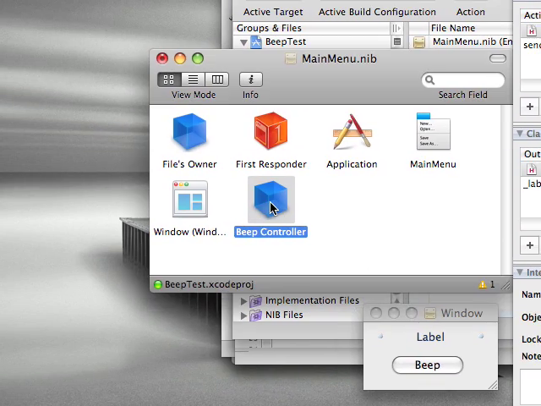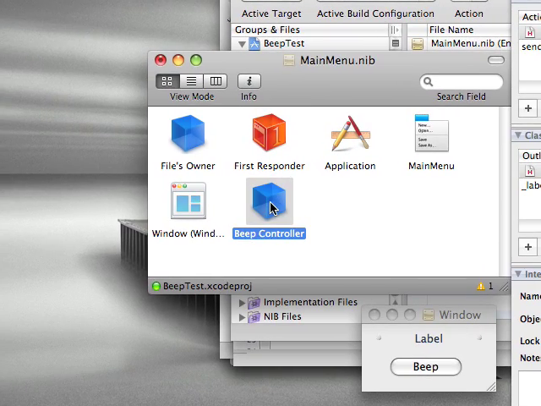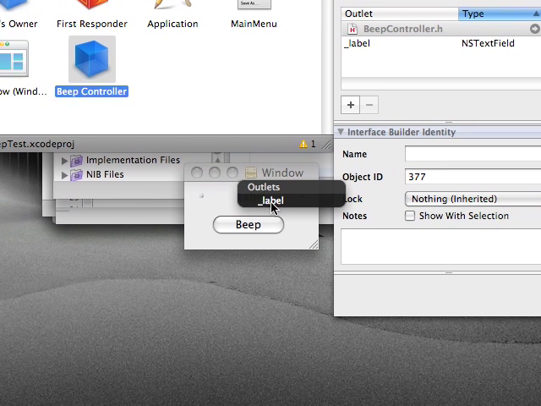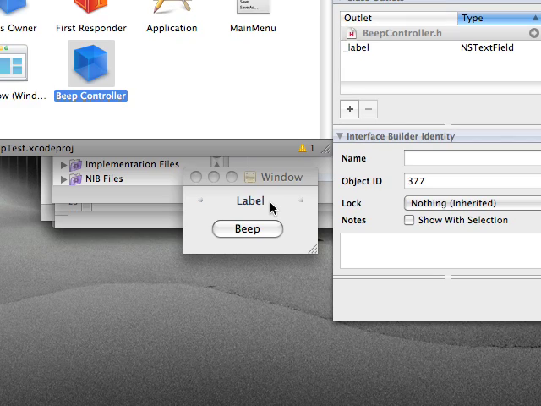And then now we're going to do that control click stuff, control click drag, but this time we're going to go from the controller to our label. So we go like that, and there's our outlet to hook it up to. Click, done. So if we click save,